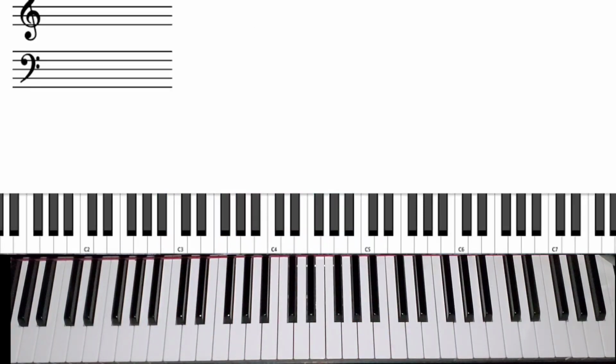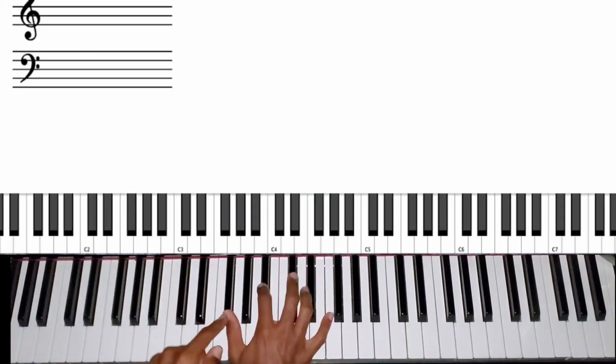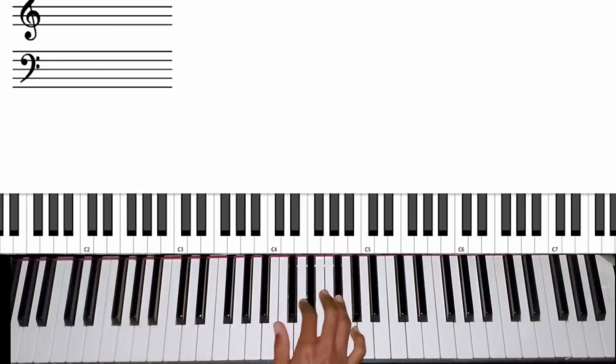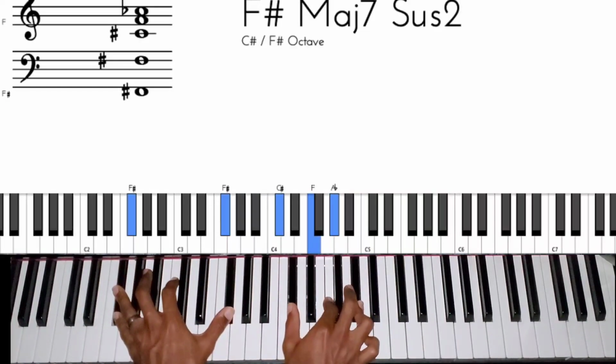Okay, so I want you guys to kind of play around with that. Like I said, a good way to start is to think about the chord that you're actually playing. So I'll do another one because I really want you guys to get it. If you're on the 4 and you know you're going to play a major 7, a lot of times you can play the 1 over the 4. You can do something like,